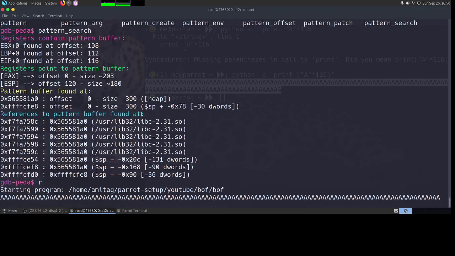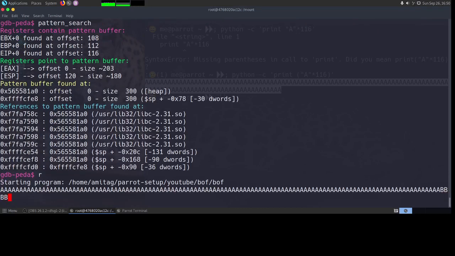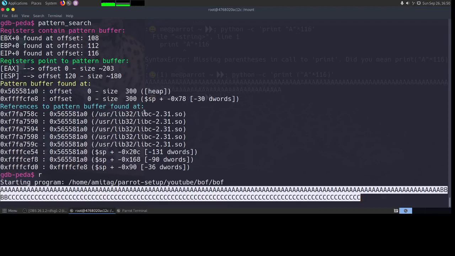So this is where my EIP should start. So I will put a value of B. This is where my EIP should be overwritten, and then I can put a bunch of C's. Now ideally you want your buffer length to remain the same that you have got your first crash with, just to ensure that you don't get a different crash. But since our program is so small and there's hardly anything else in the program, it doesn't matter, and we can change the length of the buffer as long as it is beyond 116 bytes.